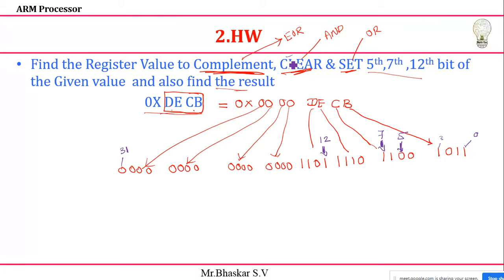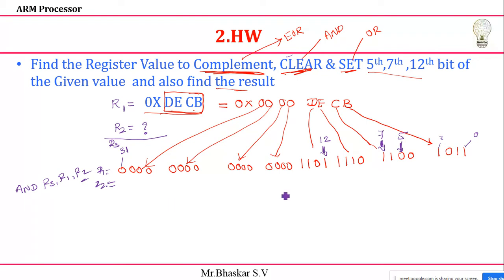If I want to do the clear process, what do I need to do? I'm going to use the instruction. For example, I'll take this value as one of the registers, R1. I want to take a second register and find out that register. After doing the AND operation, I am storing the result in R3. So I'll take AND R3, R1, R2. This is the R1 value you are getting. Second, the R2 value I need to find out. How to find out the R2 value? That is my question. What is the rule?